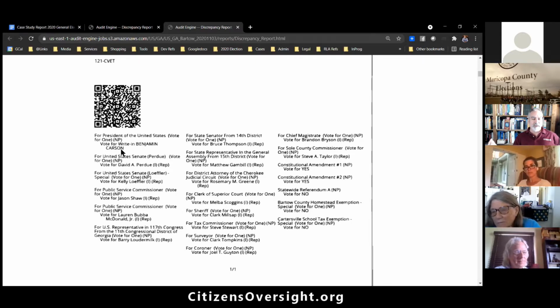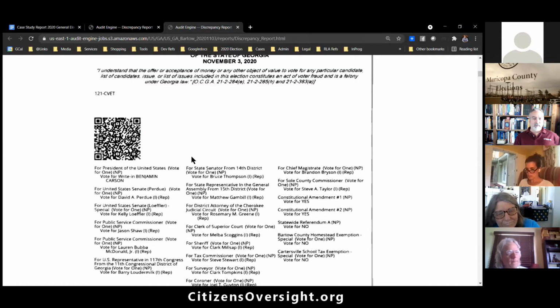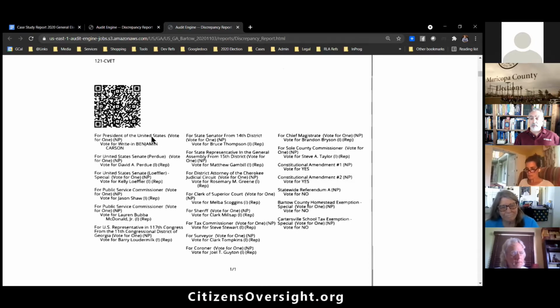So even though you may like him, he's not running, so you can't just write him in and it's not going to be accepted. In this case it's kind of easy because they type it in and we can check, does Benjamin Carson match any of the accepted write-ins? I just wanted to show you what this ballot marking device is and our approach to handling it,